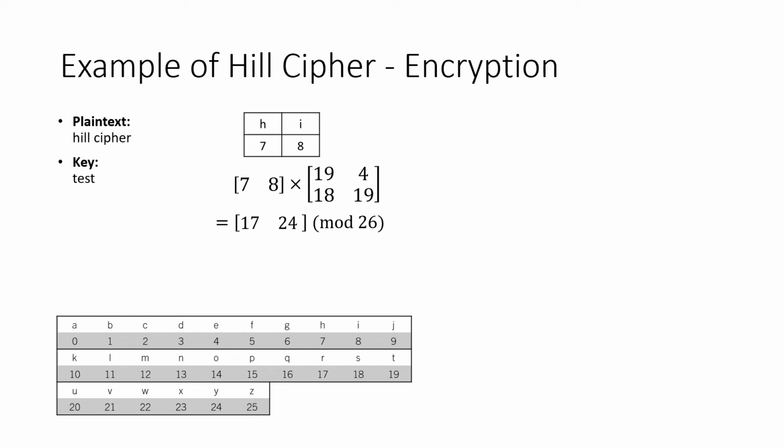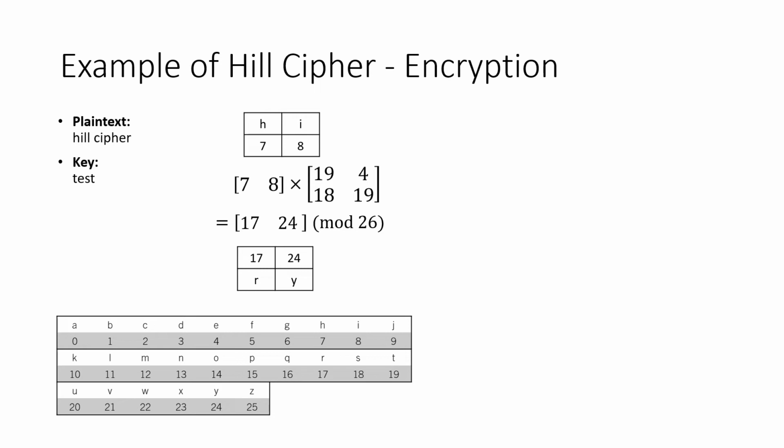And we're going to record these values in a new table, and we are going to look up their corresponding English letter by the mapping table as we've seen before. So letter R corresponds to number 17, and similarly 24 corresponds to letter Y, and that's how we get our